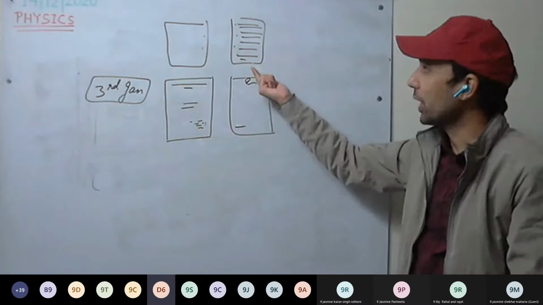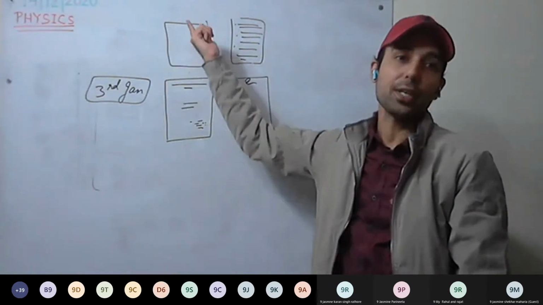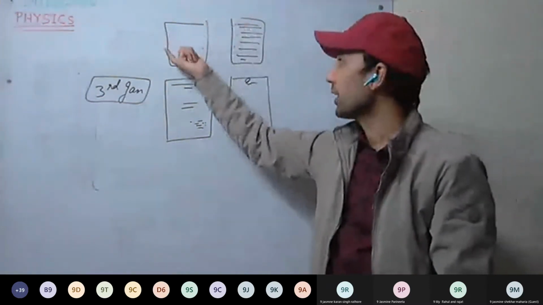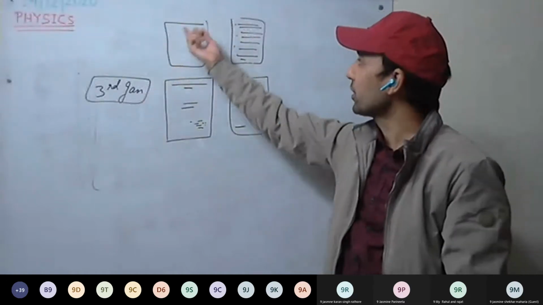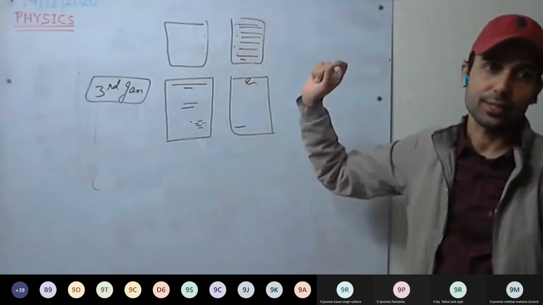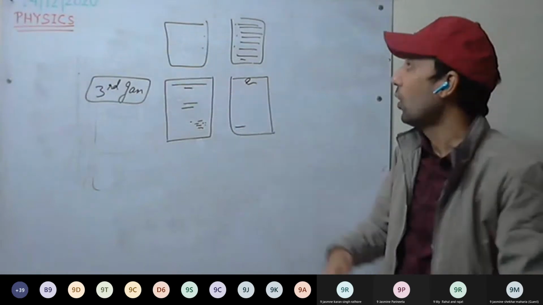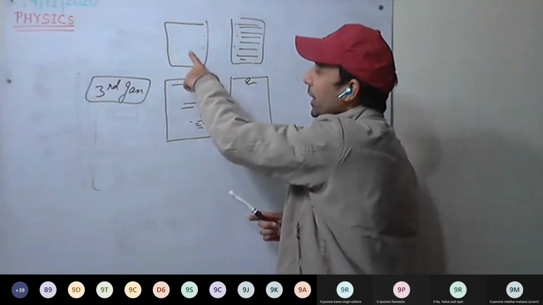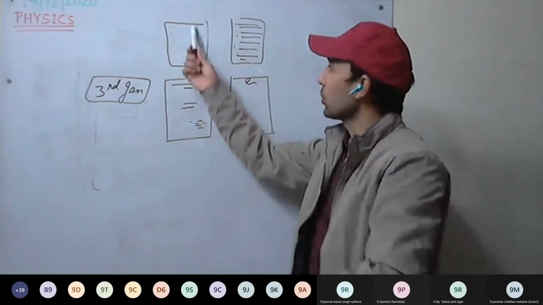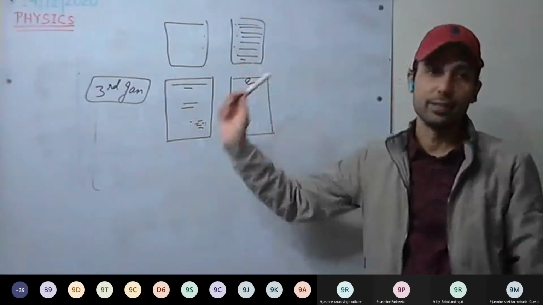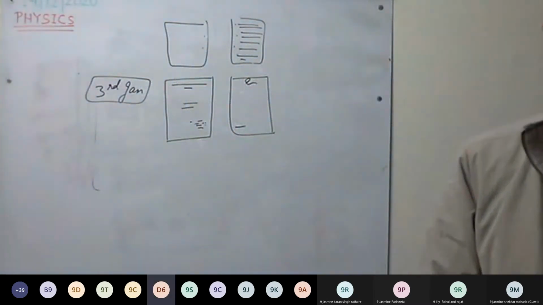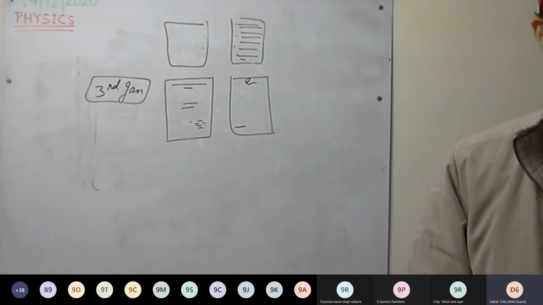On the lined pages you write. Here on the plain side you can draw anything or paste pictures from the internet, from newspapers, or from your locality. Or you can draw, or make flow diagrams, tables, or any data you have, on this left side. Sir, what are the topics? Pollution.